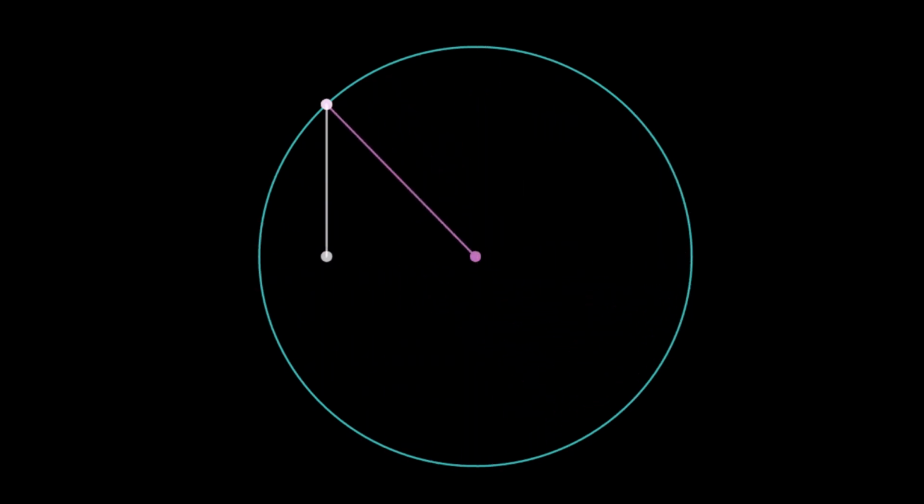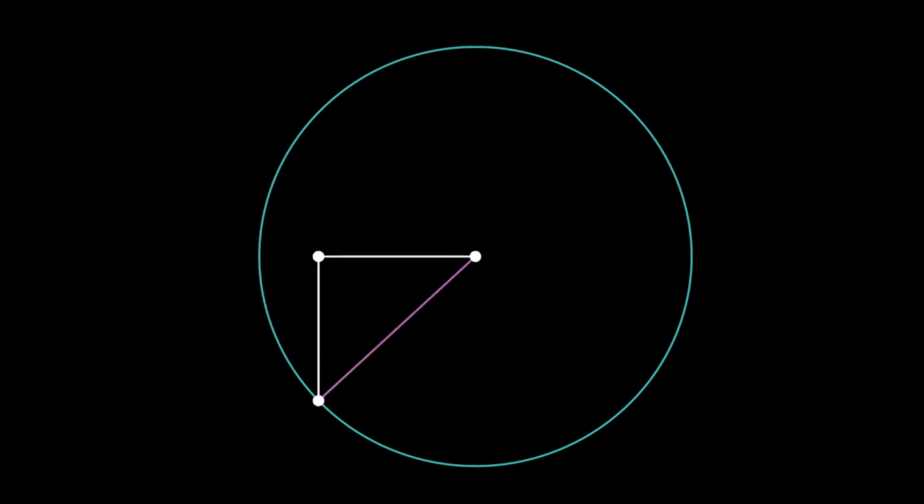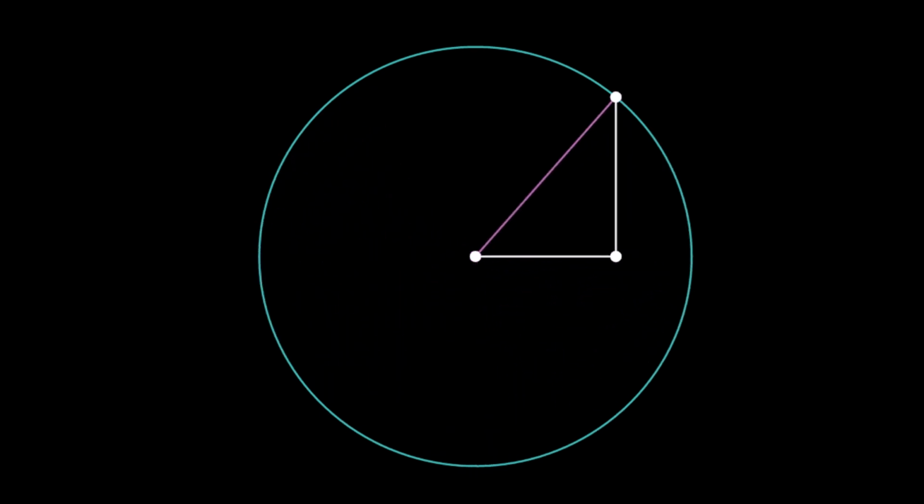Now we will complete the triangle. So now you see we have generated a triangle from the radius rotating around the circle in an anti-clockwise direction. So let's pause the simulation